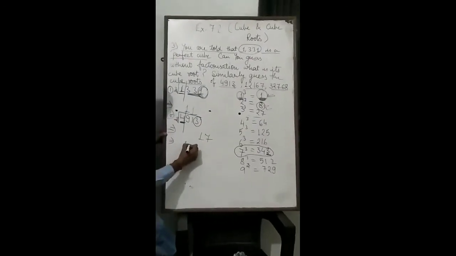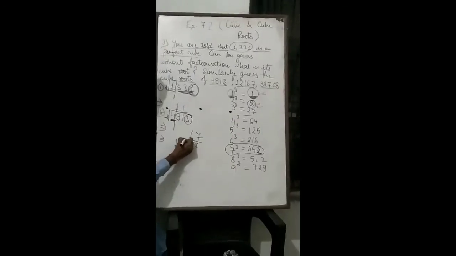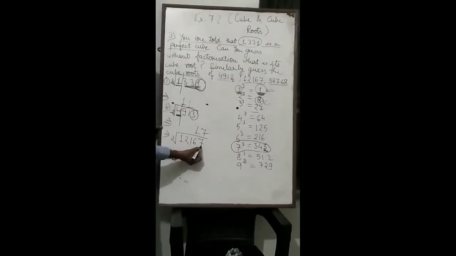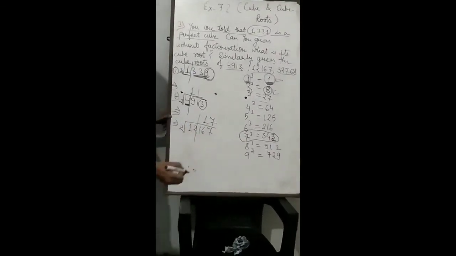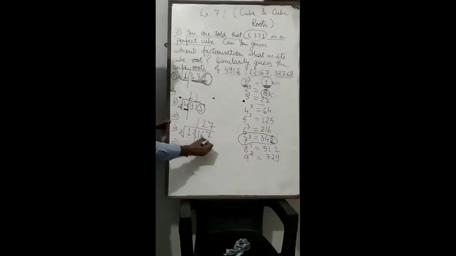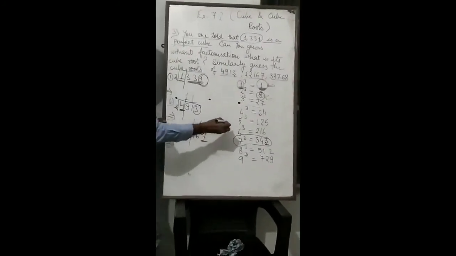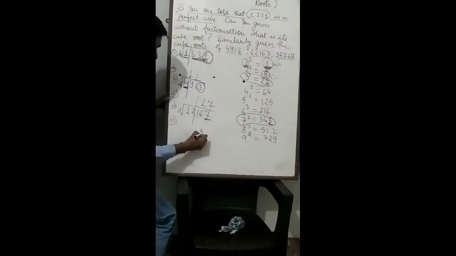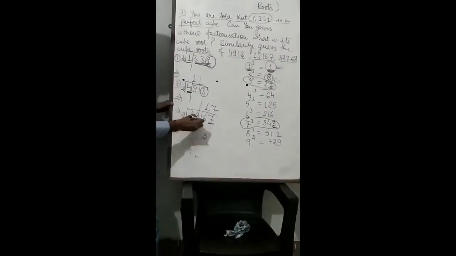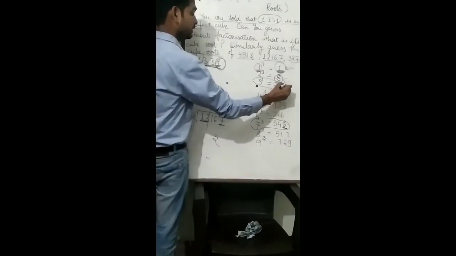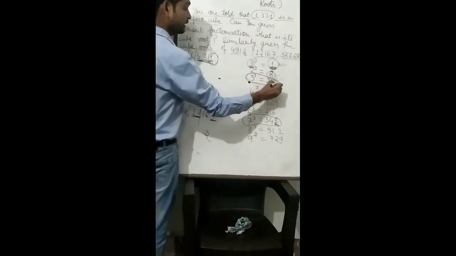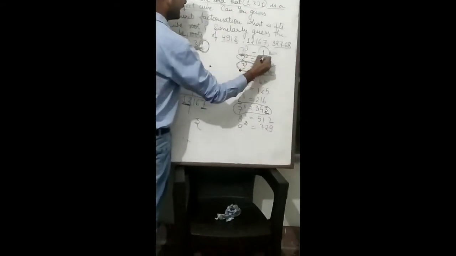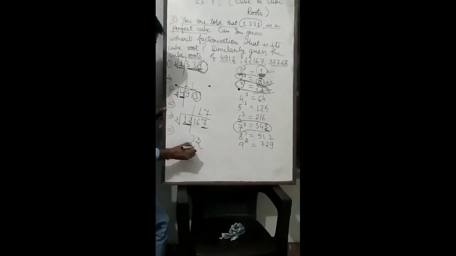Next question is 12,167. Now students, again we will use the cube root symbol here. Now count from the last 3 digits, 1, 2, 3, then make a group. Now pick the ones place digit. Here is the 7, and 7 will come from 3's cube. So its value will be 3. Now you can see 12 is here. You can see 3's cube value is 27. So it is greater than 12. So we will pick 2's cube. It is 8. That means the answer is 23.